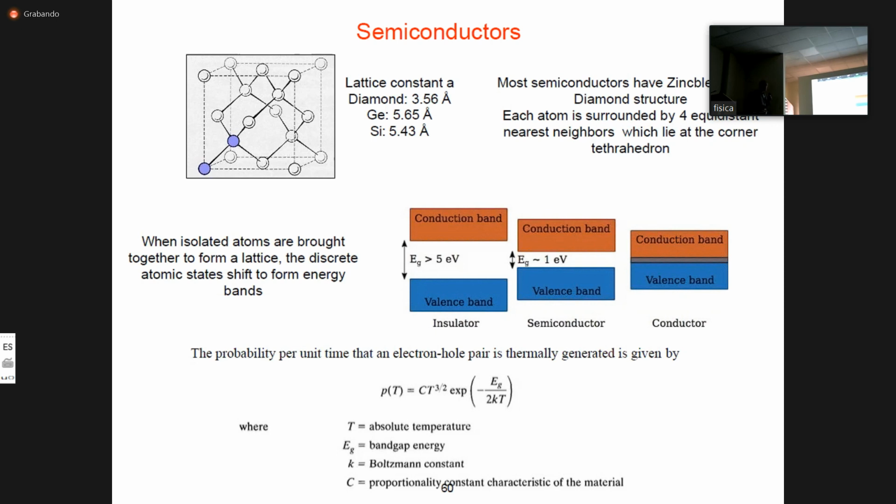Electrons from this valence band can go to this conduction band in the case when you have pretty hot material, and the probability of an electron going to this conduction band is described by this formula, and this formula just shows you that if you have more temperature, that probability is higher for electrons to go to this conduction band,